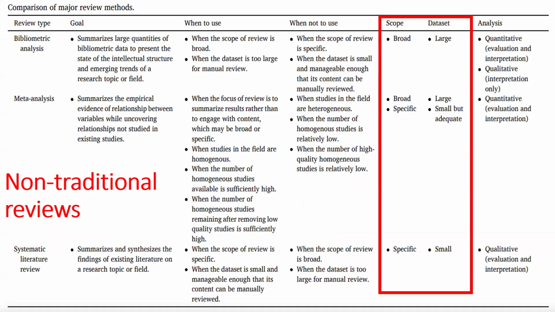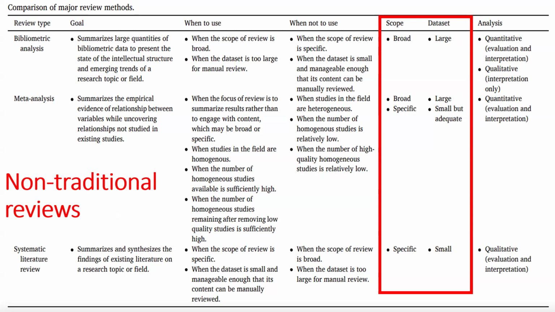First of all, I wanted to give you a few examples. What are non-traditional types of reviews? These are some of the non-traditional reviews. I already mentioned traditional review you can do in any way. However, non-traditional review might be bibliometric analysis, it might be meta-analysis, or it might be a simple systematic literature